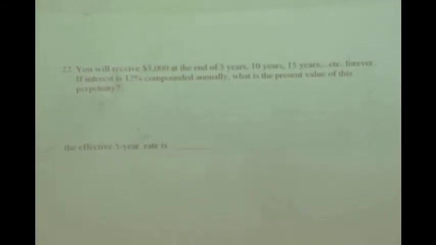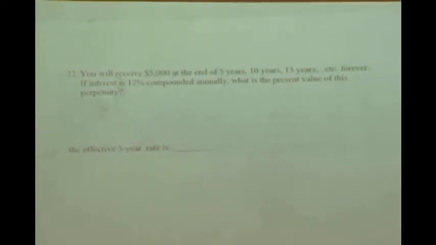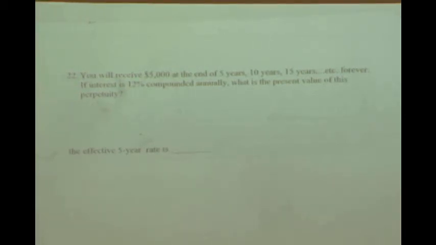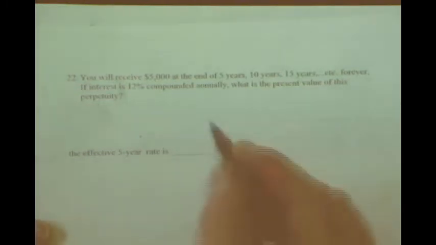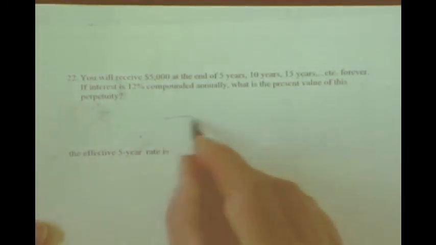Here's a perpetuity. But it's a strange one because the payments are 5 years apart. It's also a problem you may run into in your corporate finance course if you're ever comparing capital budgeting projects with unequal lives. But we're just going to focus on the cash flows here. The problem says you will receive $5,000 at the end of 5 years, 10 years, 15 years, etc. forever. So the timeline